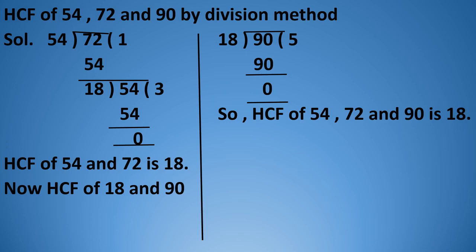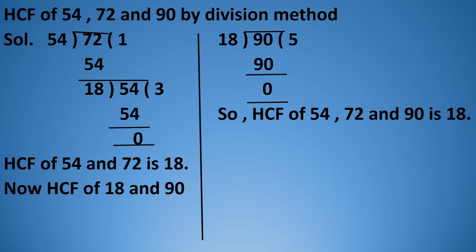When you subtract, you will get the remainder 18. Now the previous divisor, that is 54. First divisor is 54, na? So the divisor will become the dividend now. Okay, so 54 is the divisor. Now that divisor will now become the dividend.